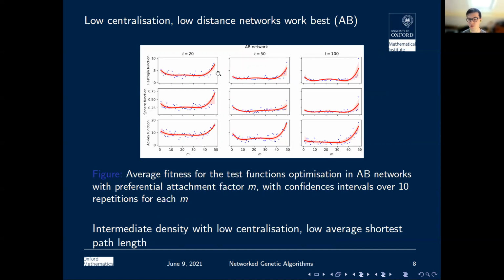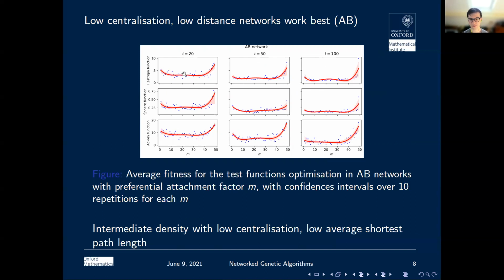It just gives a general insight into what network structures are resilient and optimal for performance. Here it clearly shows that low centralization, low distance networks work best. That is, networks that have not so much centralization, not too much isolation. They can have a few hubs, but what's very important is that they are distributed. I cannot help but think about biological networks when I'm seeing these results. There is clearly a connection between what seems to be the optimal network in terms of GA optimization and the networks that we know in biology that have evolved in other ways for efficiency as well.